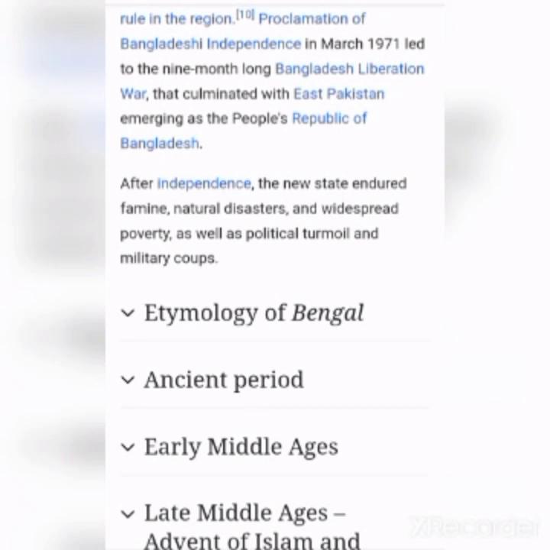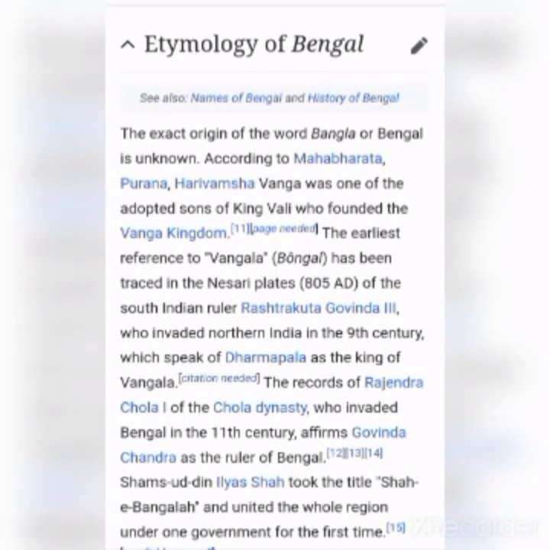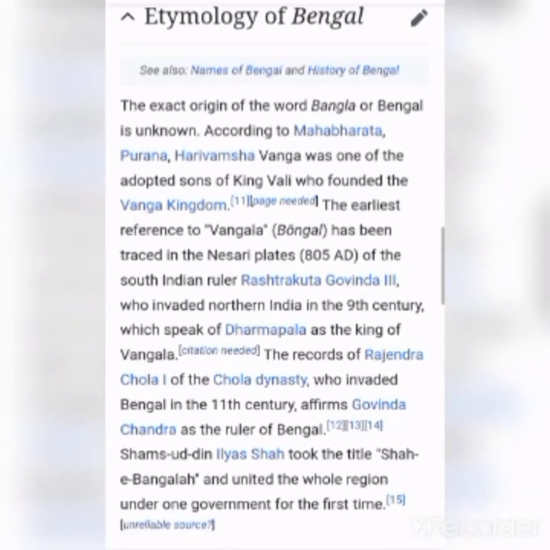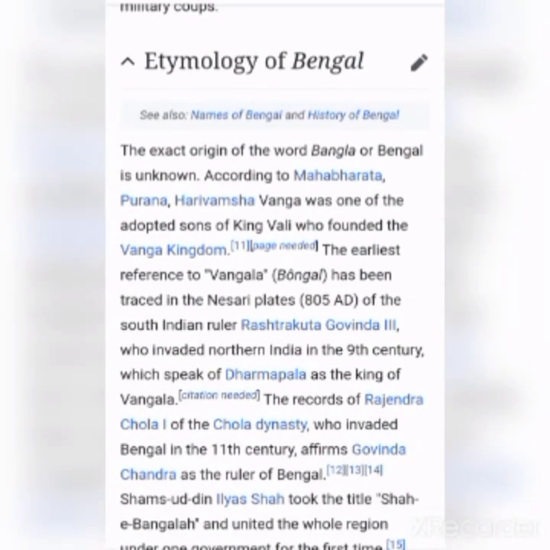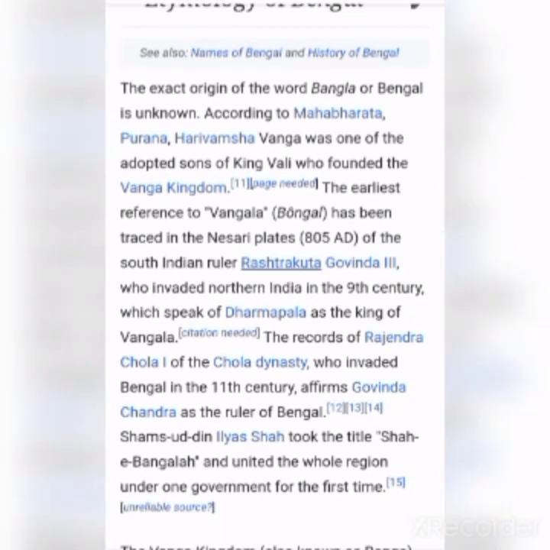Etymology of Bengal. The exact origin of the word Bangla or Bengal is unknown. According to the Mahabharata, Purana, and Harivamsa, Banga was one of the adopted sons of King Bali who founded the Banga kingdom. The earliest reference to Bangla has been traced in the copper plates of the